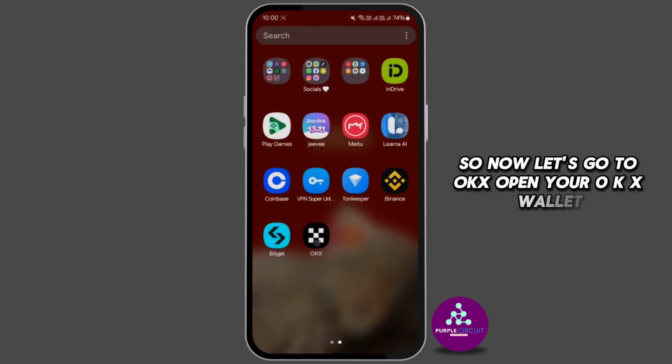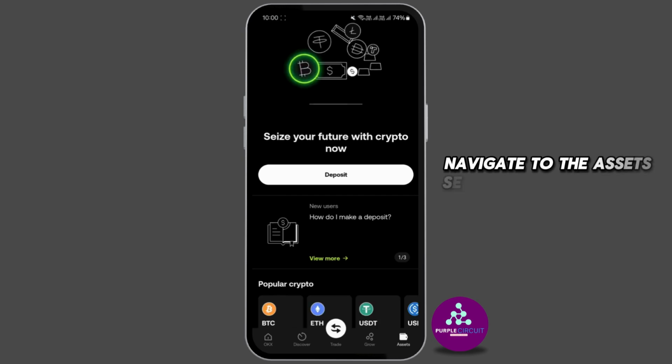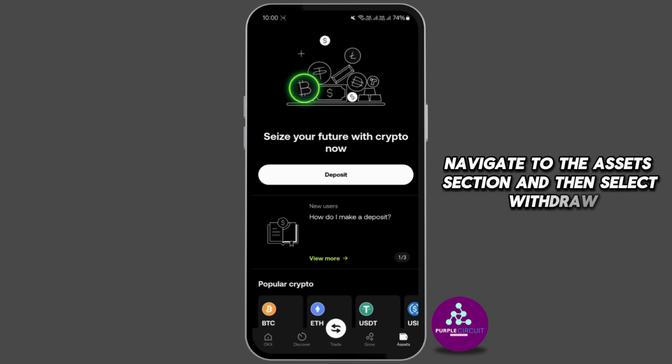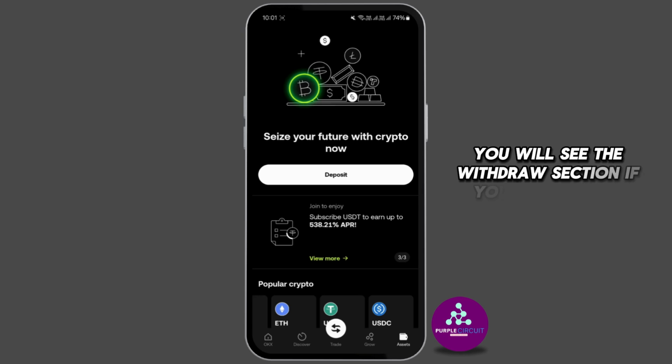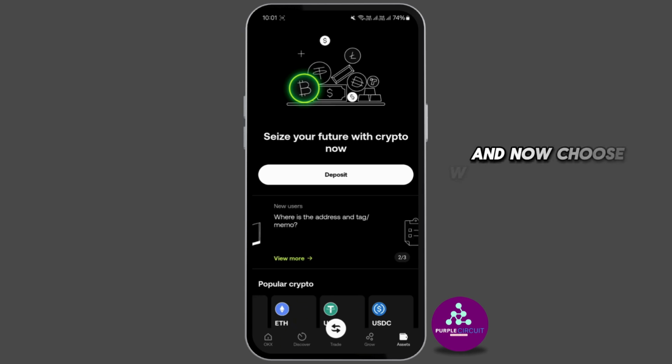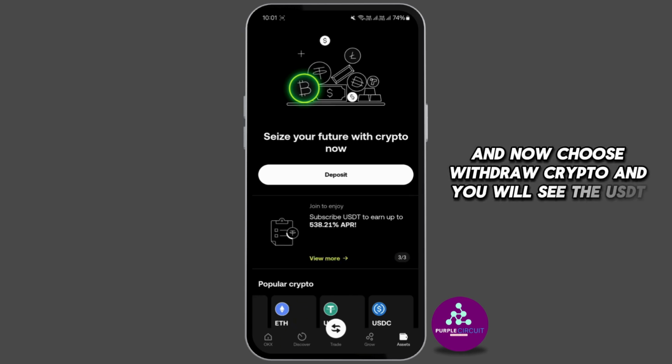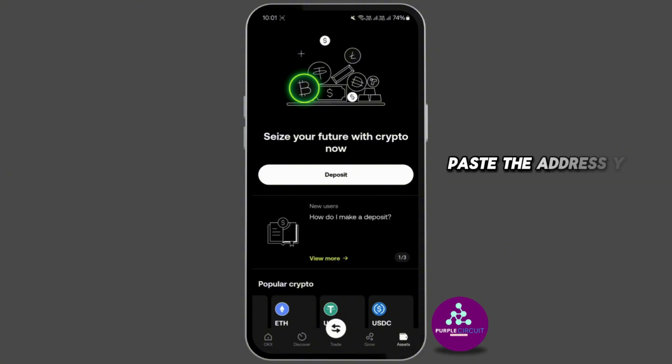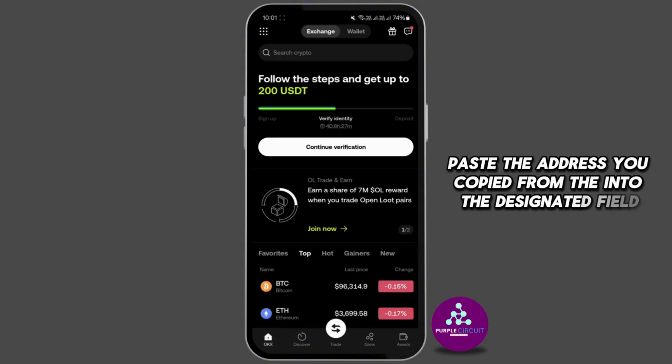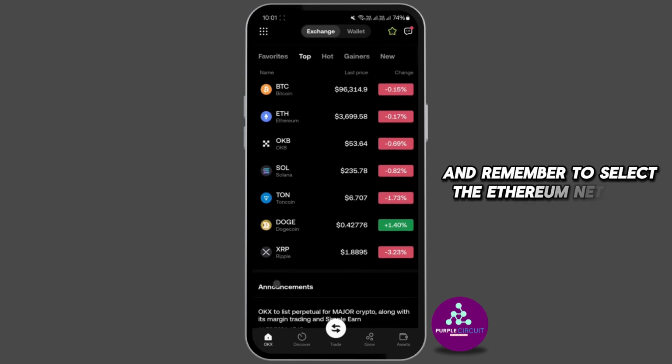Open your OKX wallet. Navigate to the assets section and then select withdraw. You will see the withdraw section if your account is verified, and now choose withdraw crypto and you will see the USDT on the chain. Paste the address you copied from Bitget into the designated field and remember to select the Ethereum network, which is